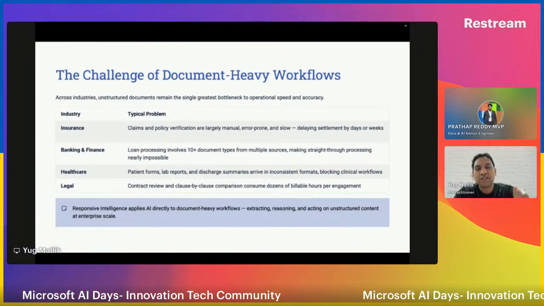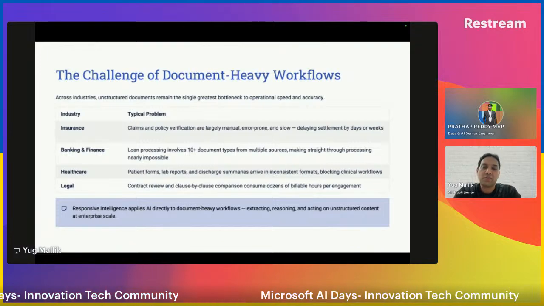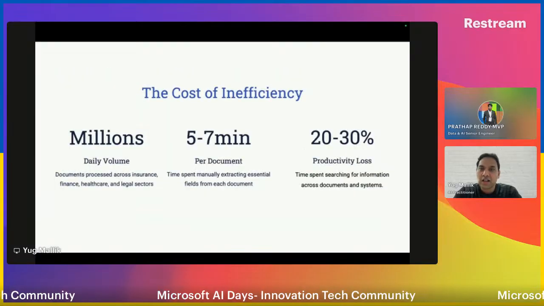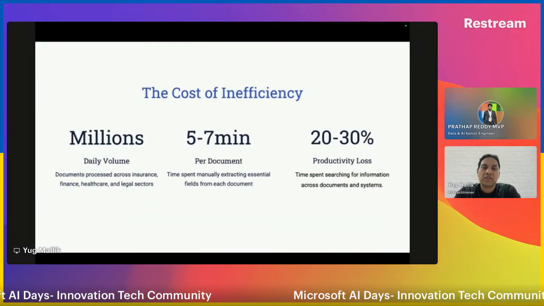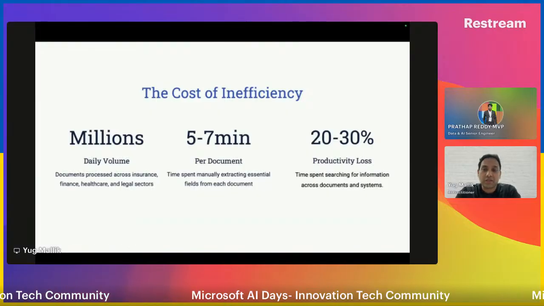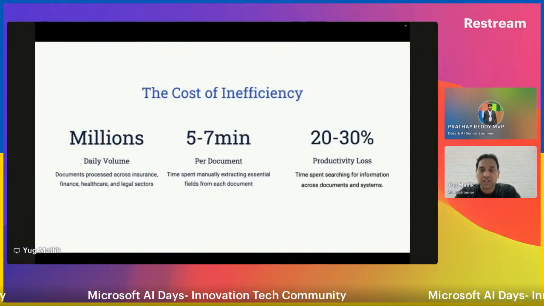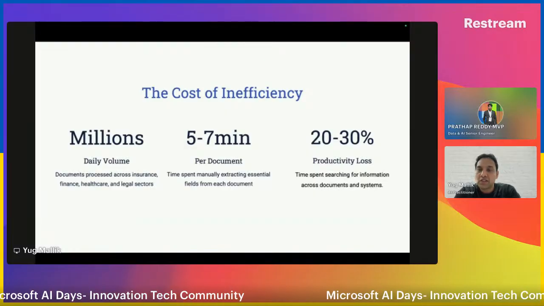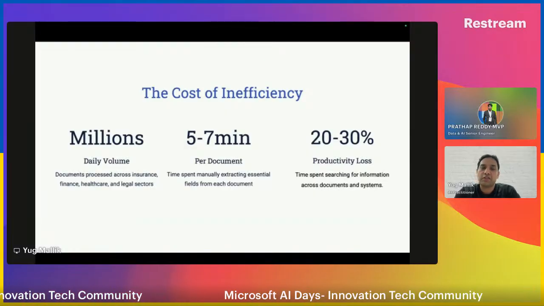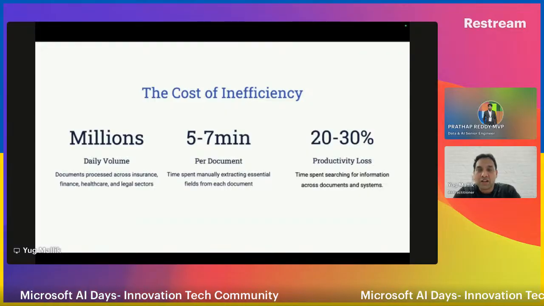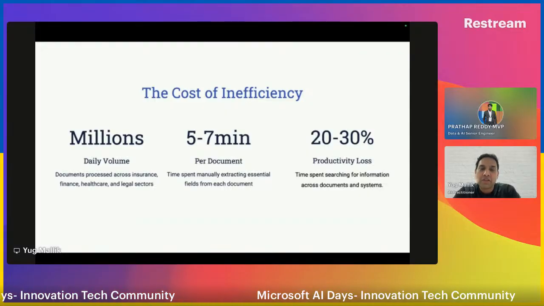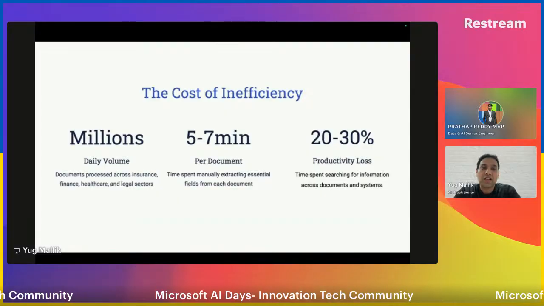Now, if you see here, when there is a document, we have seen the process becomes a little slower. That is where the operational bottleneck comes into the picture, right? And let's see the cost of inefficiency that we have seen across the industry, and this number that you are seeing on the screen. All these industries are processing millions of records, millions of transactions and documents every day, wherein 5 to 7 minutes per document is the average handling time.